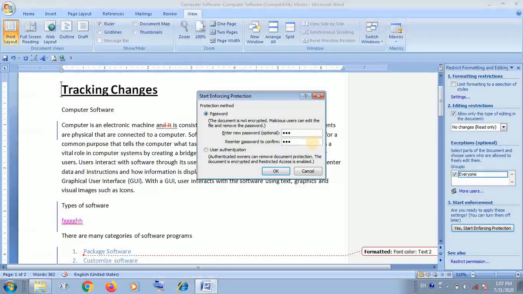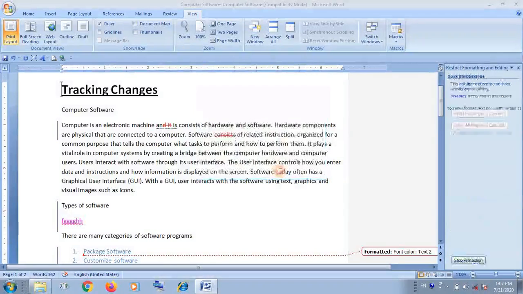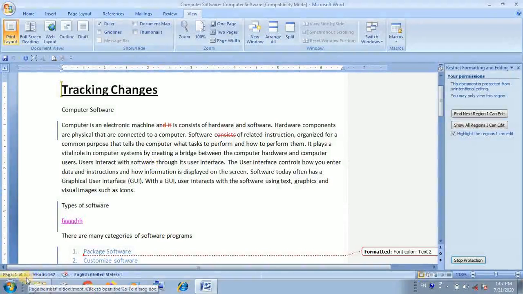Your content can be read, but no one can change the content. If you want to change, you are looking here, this modification is not allowed because the selection is locked.